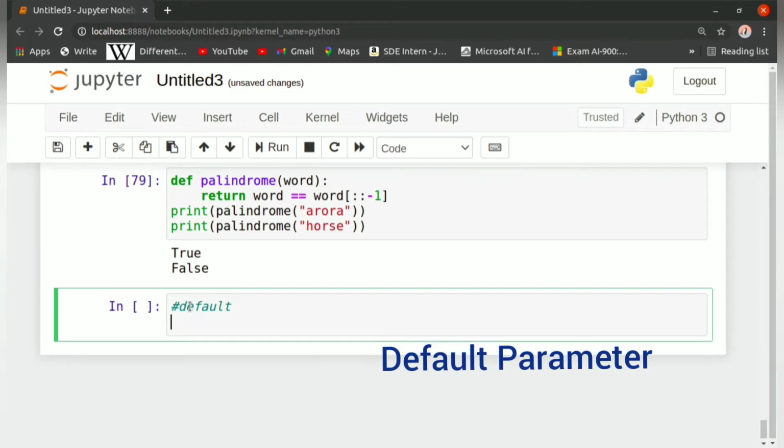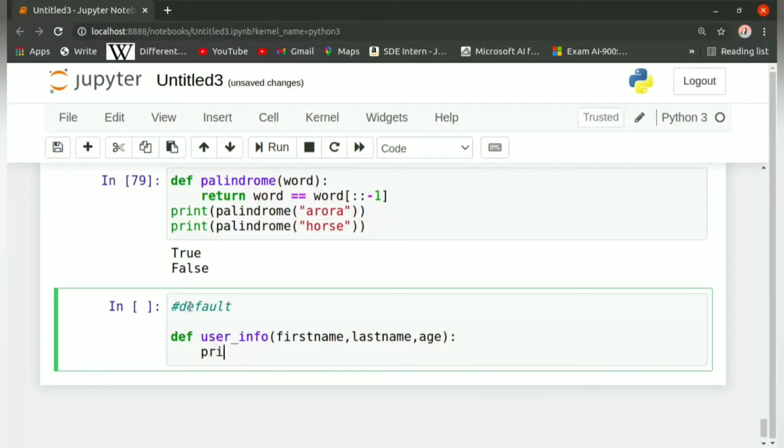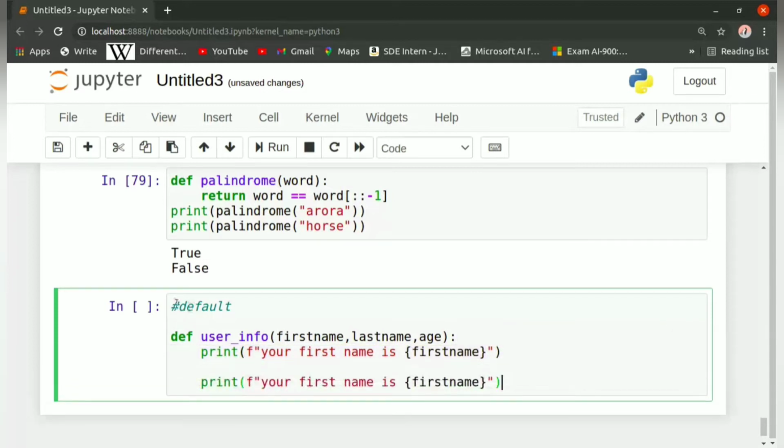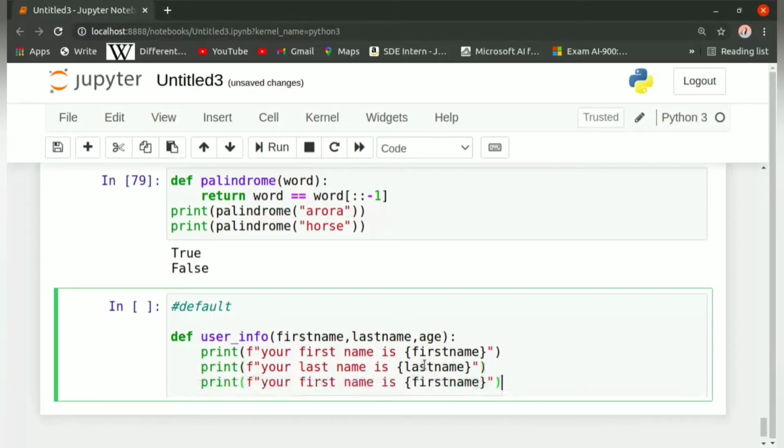Suppose we have a function def user_info(first_name, last_name, age): Using string formatting, we have print(f"Your first name is {first_name}"), then in the next line print(f"Your last name is {last_name}"), then in the next line print(f"Your age is {age}").